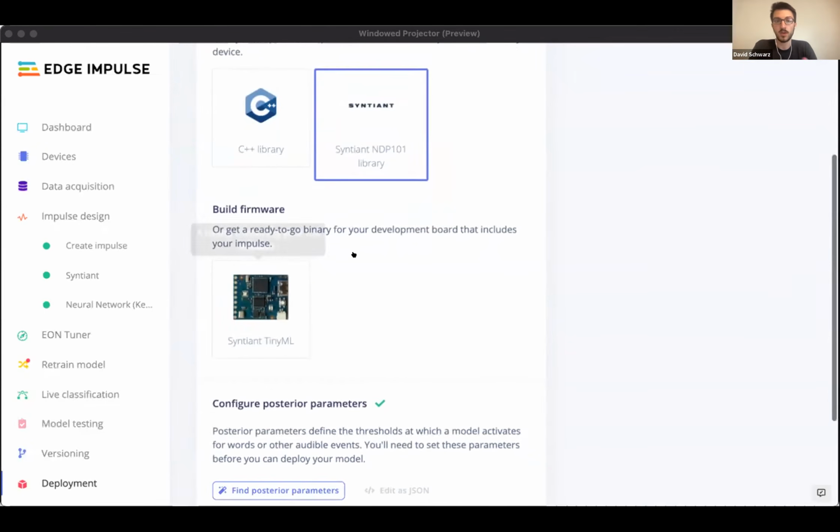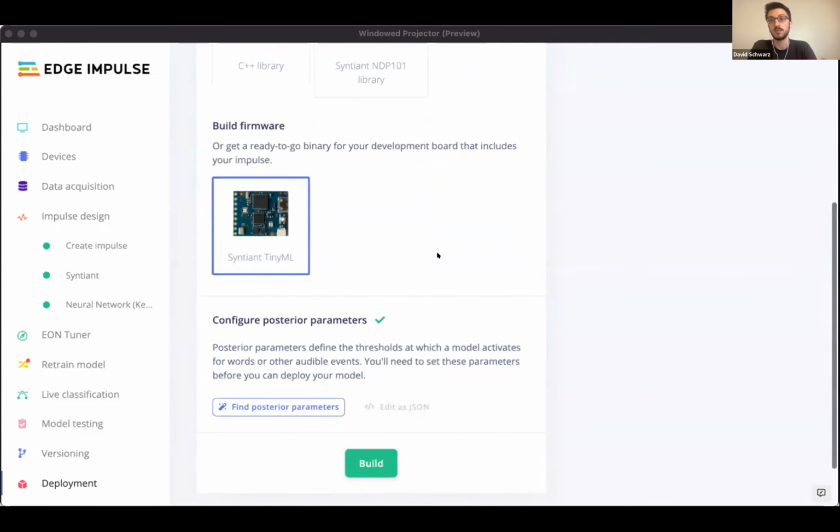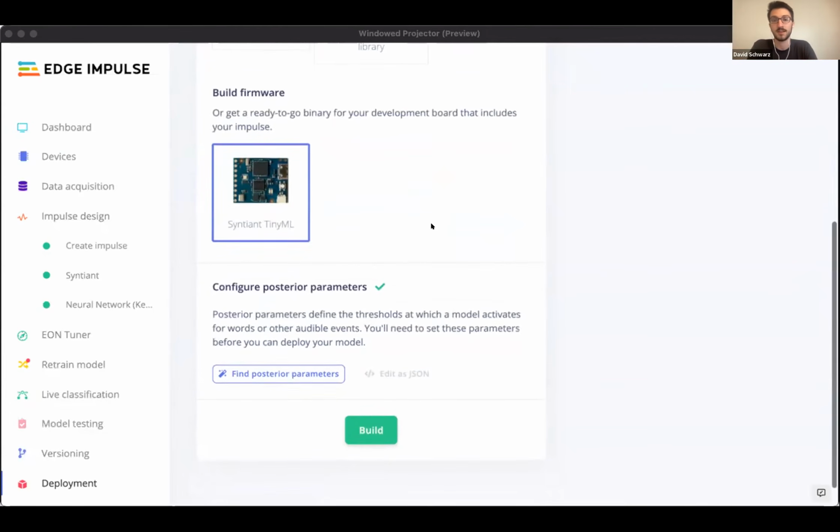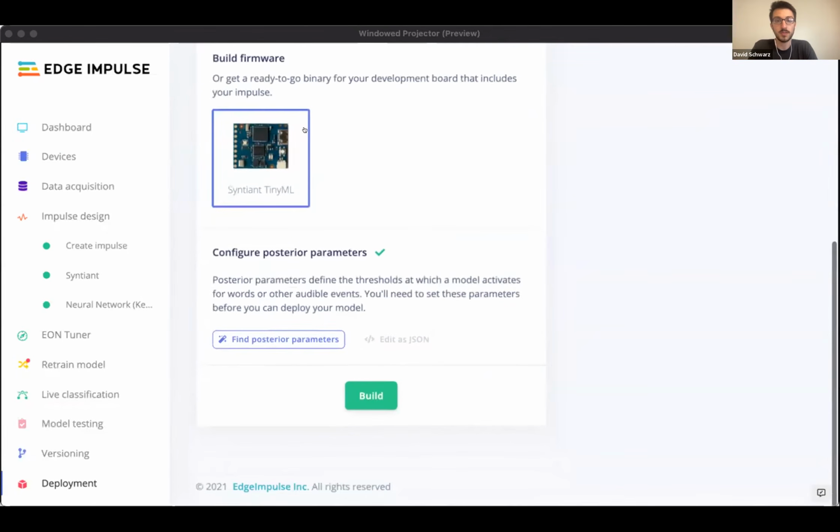However, for the sake of demoing, we also offer a zero code pre-built example firmware for the Sentient TinyML board. This is the fastest way to go from the data collection tab that I showed earlier all the way down to getting this running on a device. And it's what we're going to be using here. When we build this,